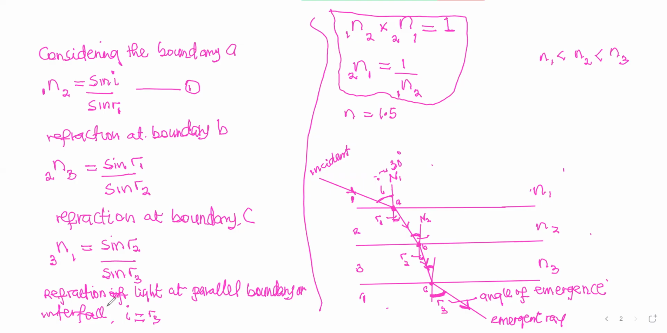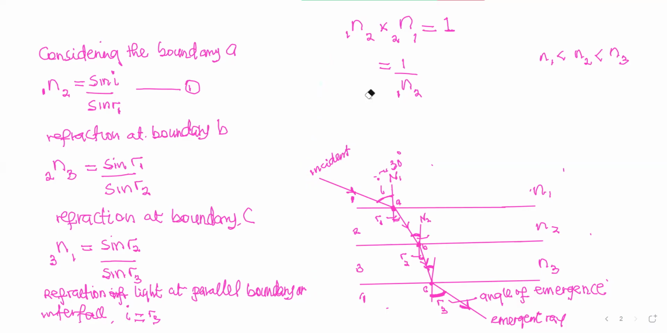So for refraction of light along a parallel boundary or plane, the angle of incidence is always equal to the angle of emergence. Okay, take note of that. And you prove this in your practicals. You do a simple experiment to show that the angle of incidence is equal to the angle of emergence. So if I is equal to R3 due to this reason, then